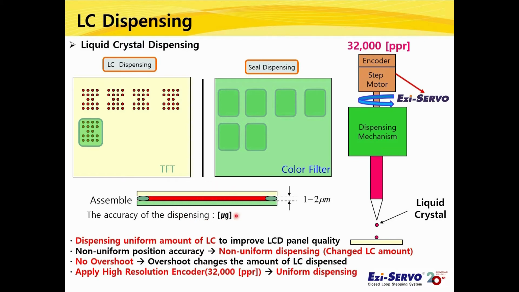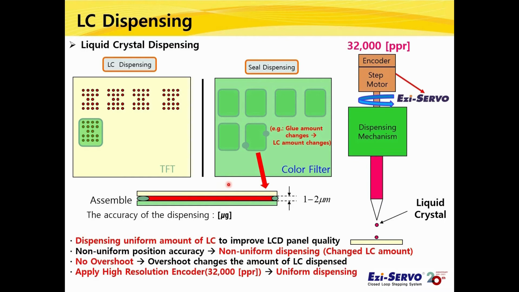In addition, in order to bond the panel and the color filter, the glue must be uniformly applied to the color filter. If this glue is applied more on one side and less on one side, as you can see, the applied part is not straight, it is applied like a snake. In this case, the area on which the liquid crystal is placed changes. The amount changes when the area changes, and the color changes when the amount changes. In other words, constant liquid crystal dispensing and uniform application of glue are key to improving the color quality of